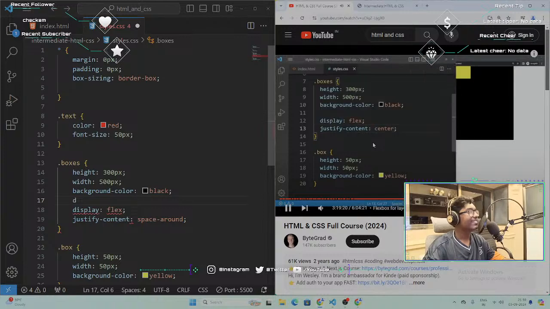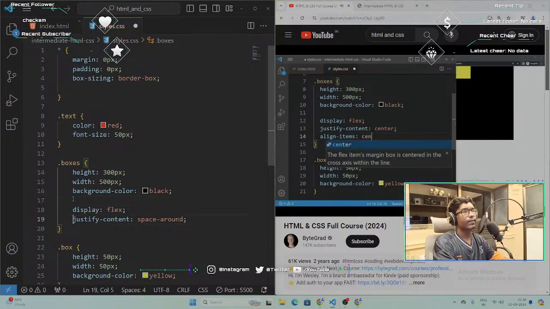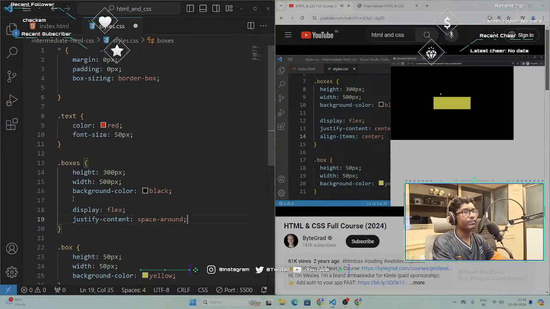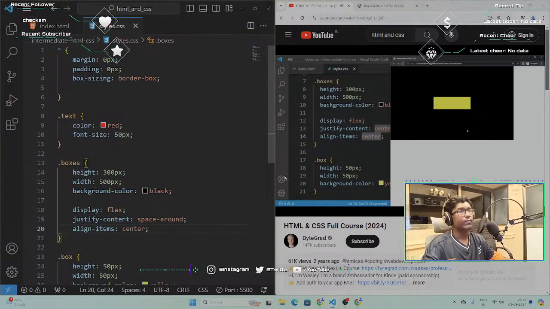Now let's talk about horizontal or vertical. So we have another property called align items. So these are the two typical properties that you use in Flexbox. With align items, it's the same story. So we can also say center, and now they're also centered vertically. Maybe we don't want to center them vertically. Maybe we want them to be at the end,